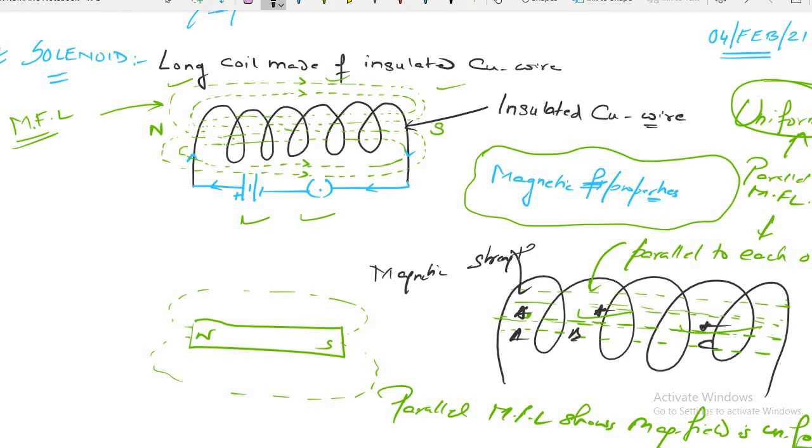If I keep a nail here, the nail will get attracted with the same force at place A, at place B and at place C. Understood? Any doubt? Sir, can you explain it once again? I said that inside the solenoid, the magnetic field is uniform. It has a uniform magnetic field. Inside the solenoid, the magnetic field is uniform.